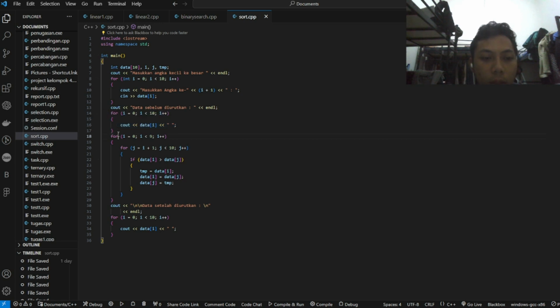we'll go next into the second for with condition I is equal with 0 and I less than 9. Because why do we use the 9 limit? Because first we use the 10 as the amount of data,